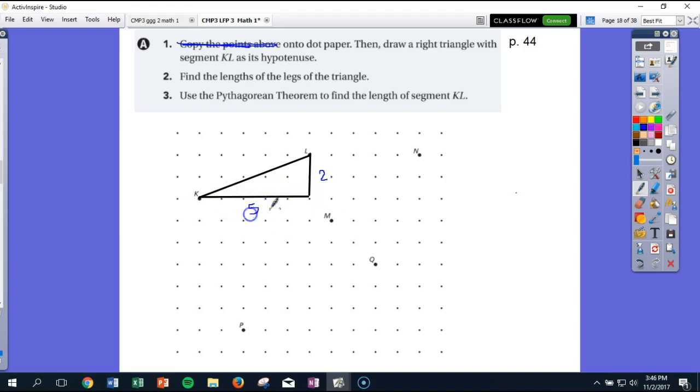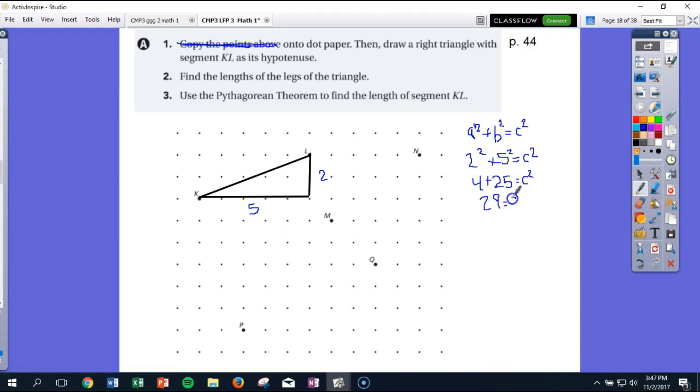Okay, so 5. All right, so now if we use our Pythagorean theorem, which is poorly written by me, a squared plus b squared equals c squared. We don't know what c is, we're trying to find it, but a is 2 squared, plus b, which is 5 squared, equals c squared. So 2 squared is 4, plus 5 squared, or 5 times 5, I'm sorry, is 25, equals c squared. And then we have 4 plus 25 is 29,